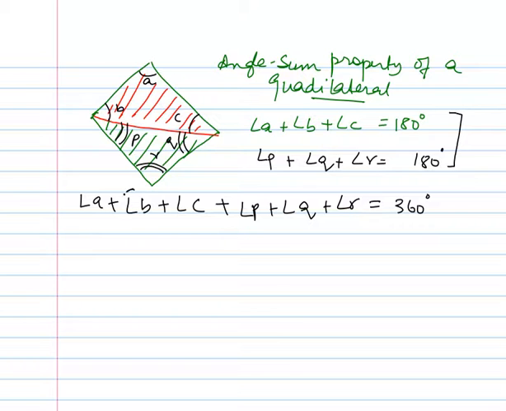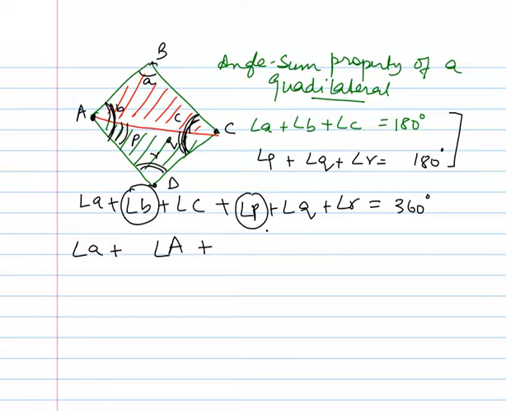Now angle B plus angle P, let us name the vertices A, B, C, D. These are the vertices of the quadrilateral, A, B, C, D. Now angle B plus angle P makes angle A. Similarly angle C plus Q makes angle C. So angle C plus angle R is equal to